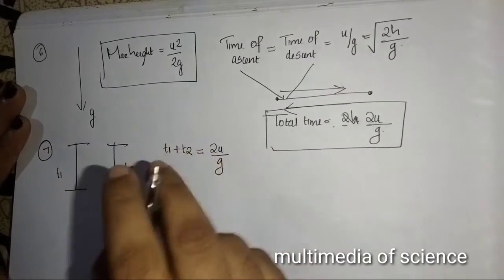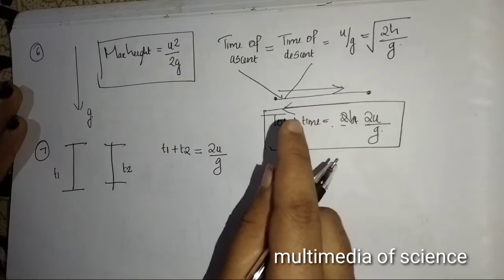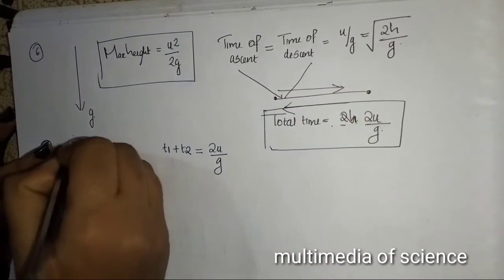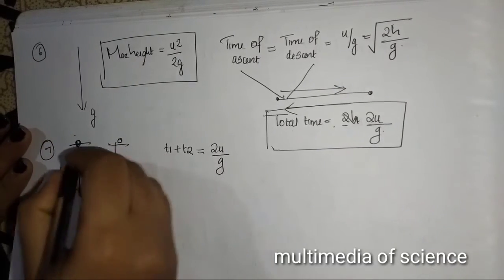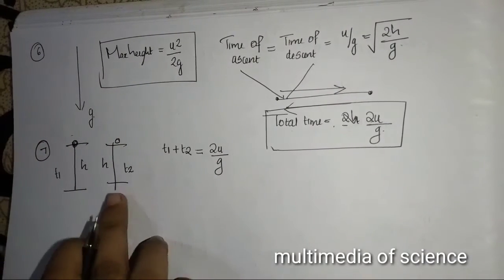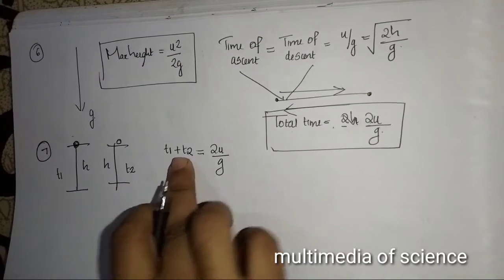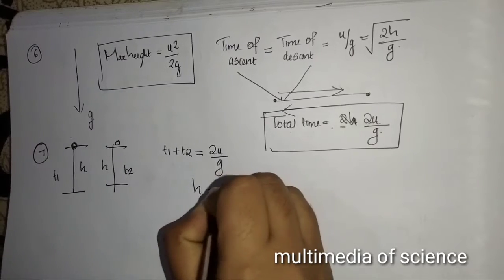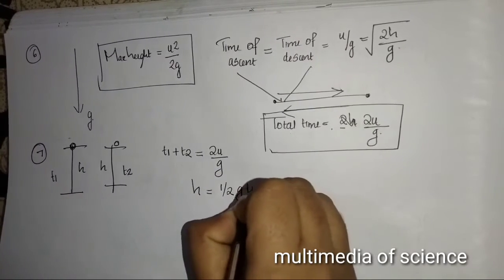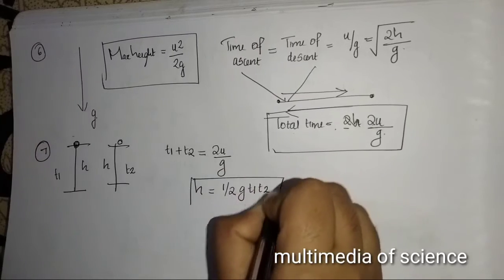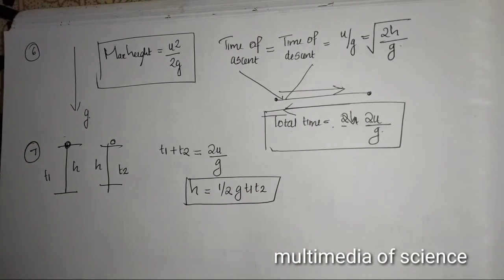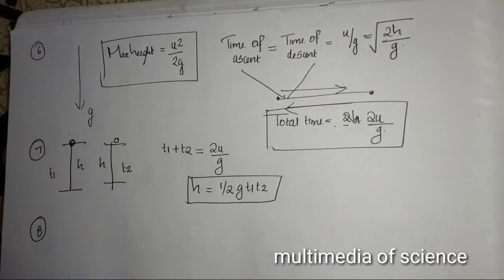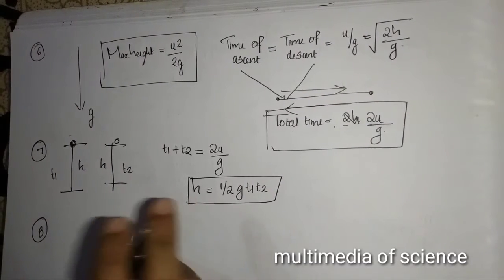If t1 and t2 are the times for which the body is at the same height, then t1 plus t2 is equal to 2u by g, or we can say h is equal to half g t1 t2. Clear? Then our eighth point is, if T1 and T2 are the times taken by the body